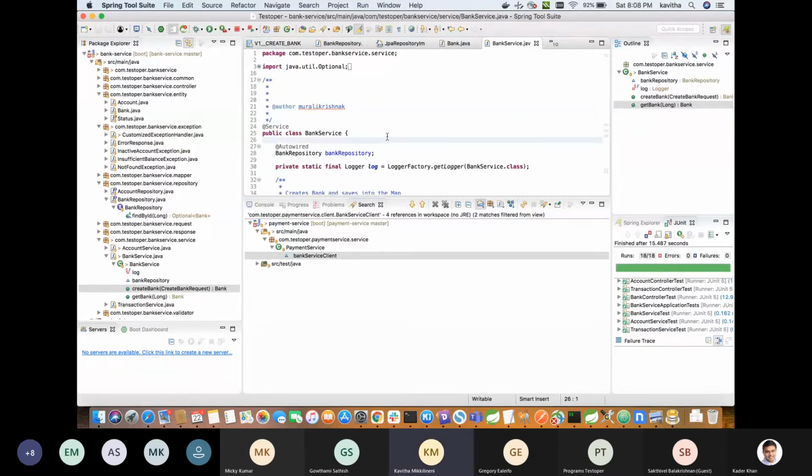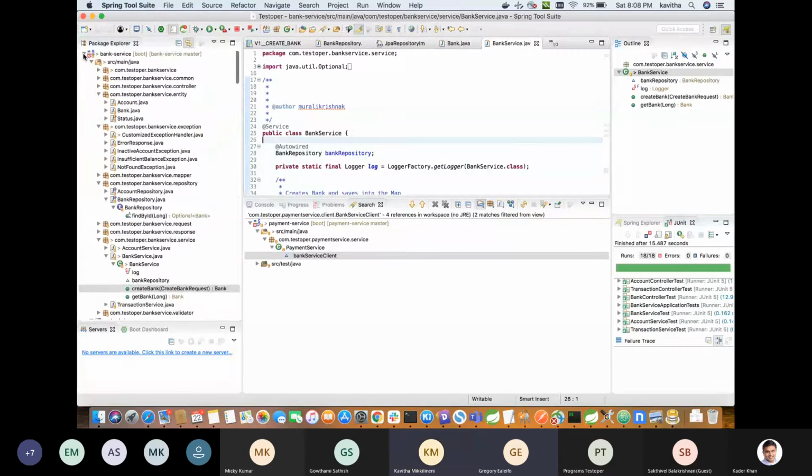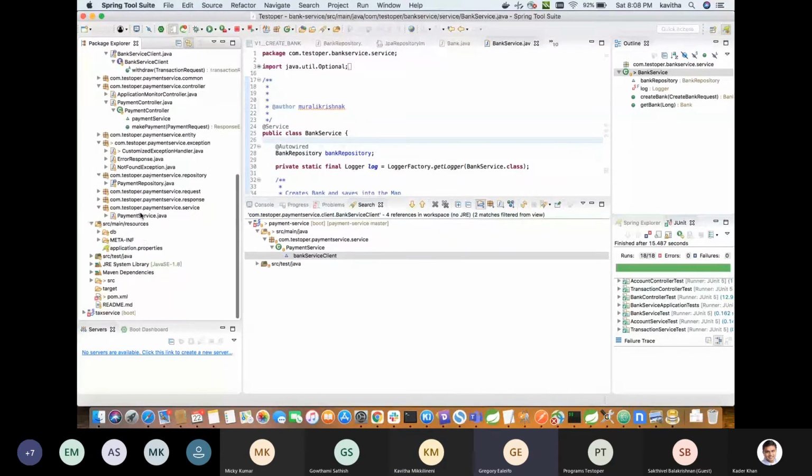Any doubts still? No? Yeah, I have a question. In your first demo, where you showed the payment service, now we're talking about the JPA.